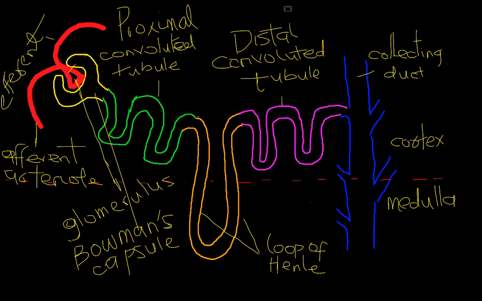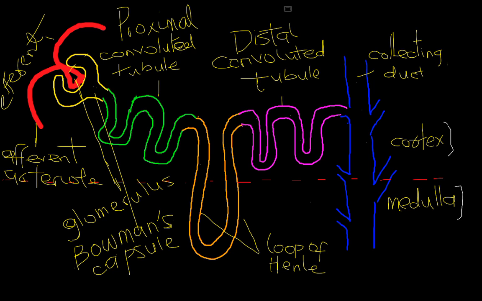On your screen is a drawing of a urinary tubule. It consists of the Bowman's capsule here, and then it joins into a long tube that elongates and goes all the way to a collecting duct. Now, this part here, the cortex and the medulla, are parts of the kidney,